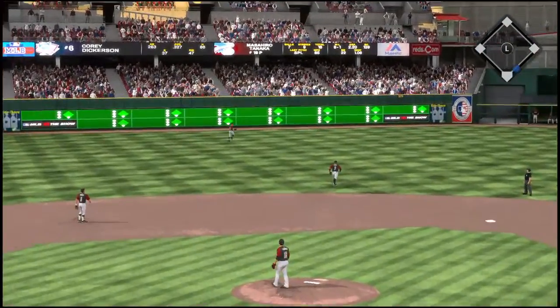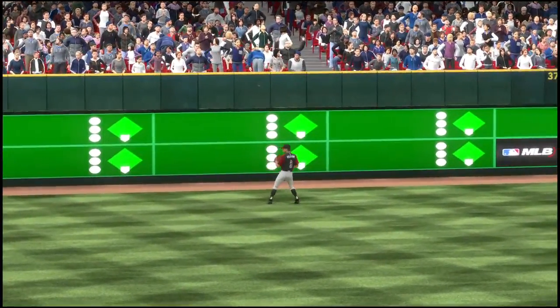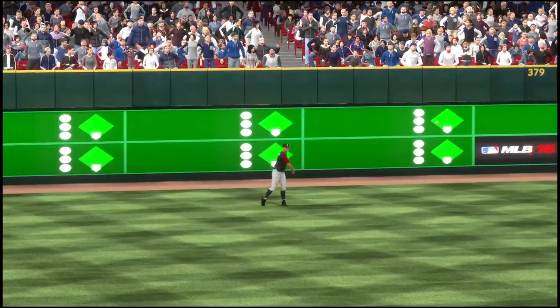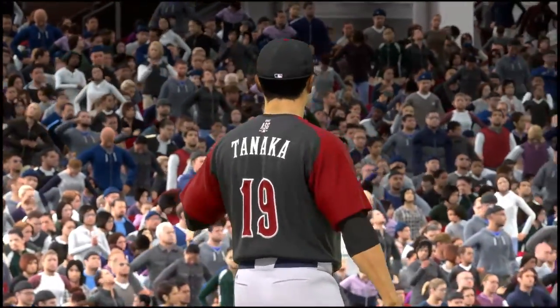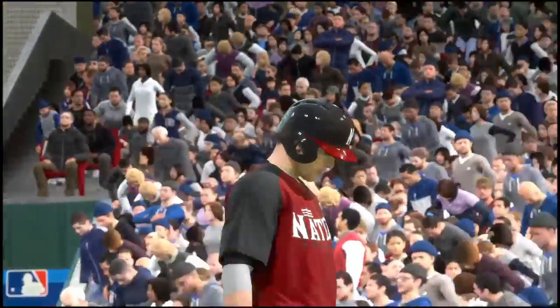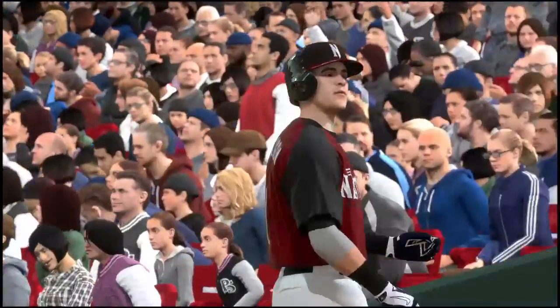And he gets some pretty good wood on it here as this is lifted to fairly deep left. And he will run this one down. A good read off the bat for the second out. Well, and I think that's the thing with throwing that changeup as slow as he does. You're going to make that hitter supply all the power himself. He gets good wood on this thing, but not enough to get it out of here.